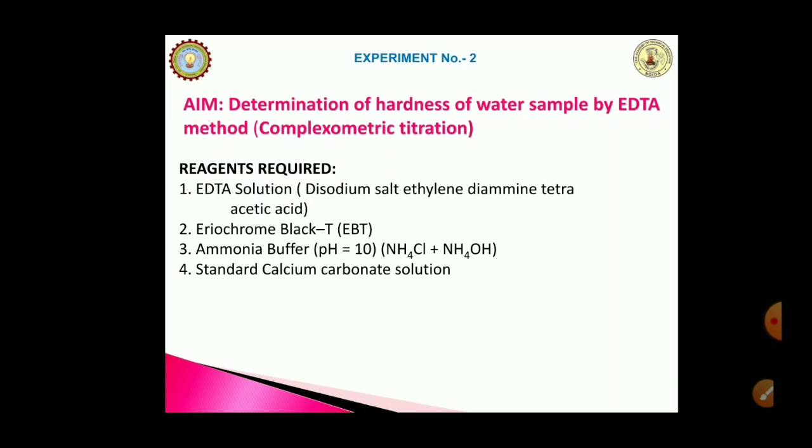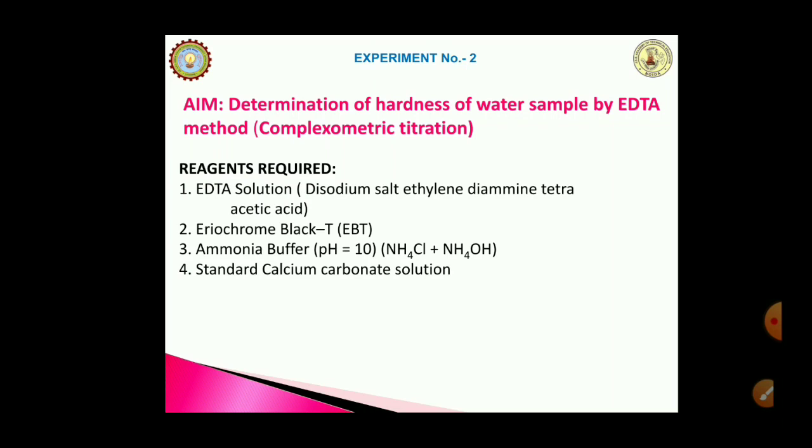On the other hand, permanent hardness, which is also called non-carbonate or non-alkaline hardness, is due to the presence of dissolved chlorides and sulfates of calcium and magnesium. Unlike temporary hardness, this hardness cannot be destroyed on boiling. Advanced methods are used for its removal. Hardness of water is commonly expressed as calcium carbonate in milligram per liter or ppm.